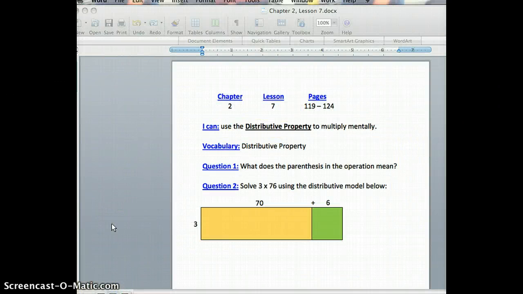Okay, so let's look back at the questions. If you're stuck on question 1, I would look back at that video, and also look back in your book for a little more help on that and think about that one. What do the parentheses mean? And question 2, work that out. Okay,